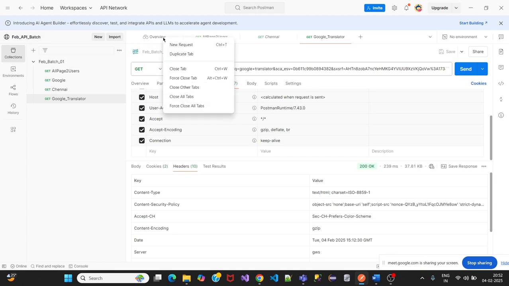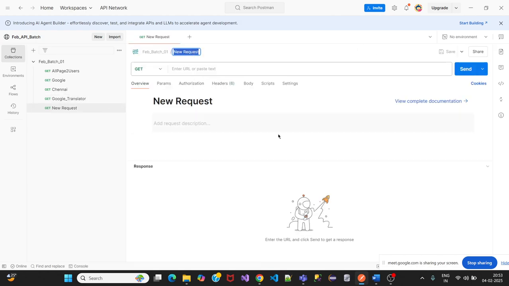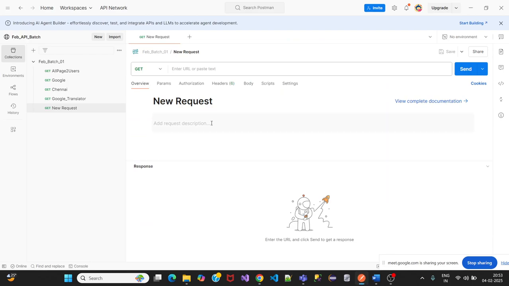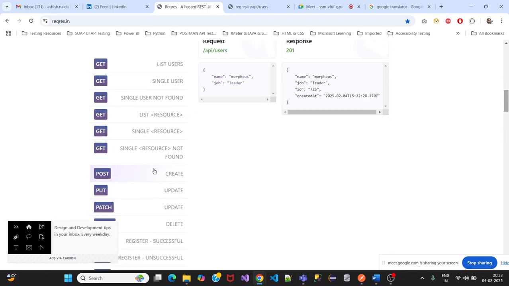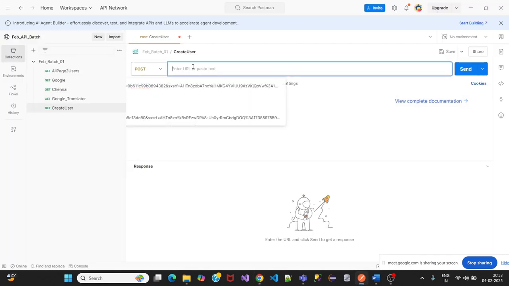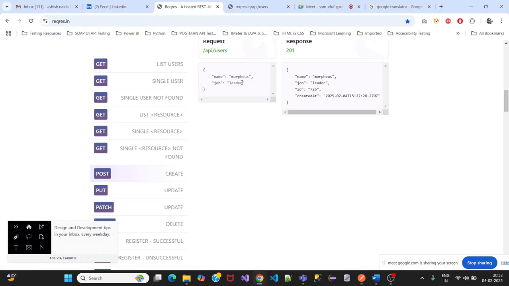just right click and click on close all tabs. All will be vanished, all gone. Now I'll click on add request and I'll say, sorry, what was the name of it? Create, right? So I'll just name it create user. And as it is a post one, we have selected the post one, right? So I'll change the method to post and then I'll paste in the URL,